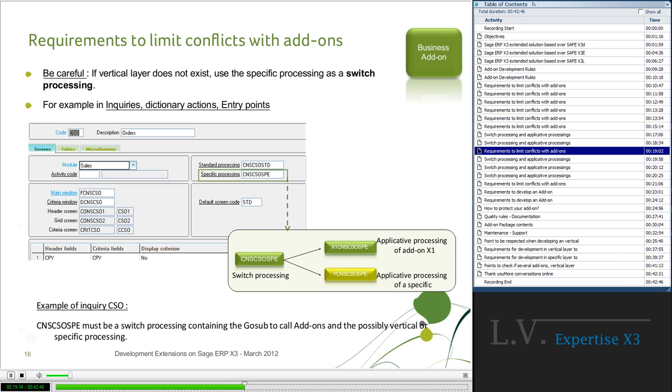For example, in inquiries or dictionary action or entry points, if you have several add-ons or assets, use the technique of the switch processing and call each of your add-ons or assets.